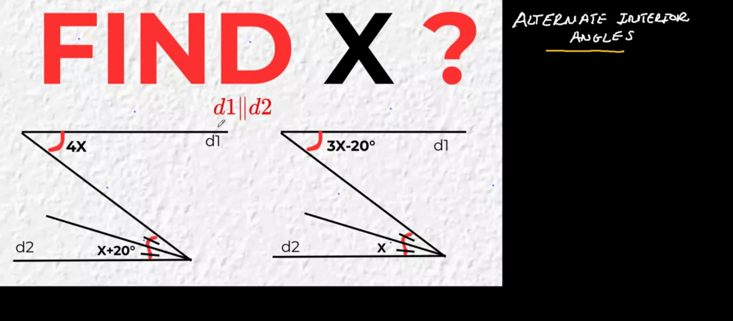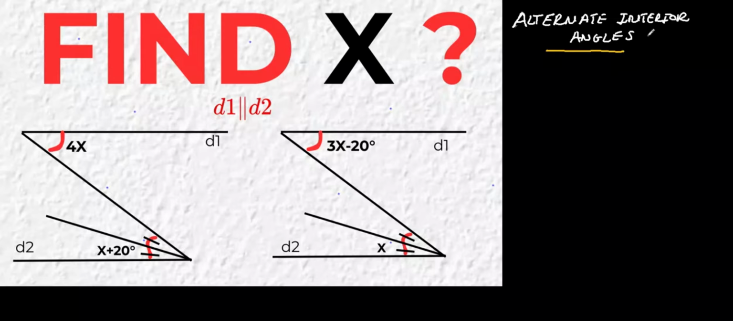What is given, D1 is parallel to D2. So this line is parallel to this line, and this line is parallel to this line. So these are the two examples. The principle you are going to use to find the value of x is that you have to remember